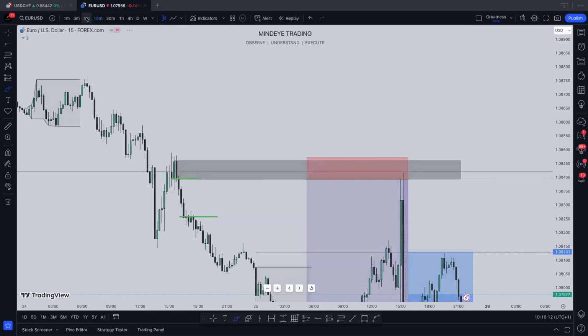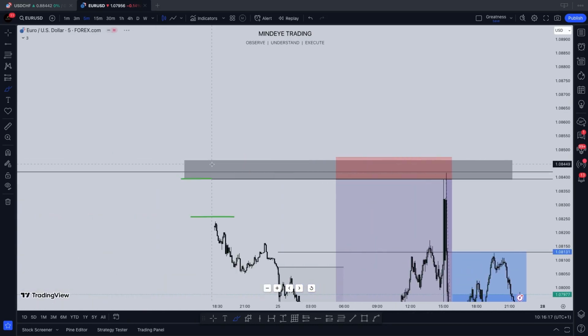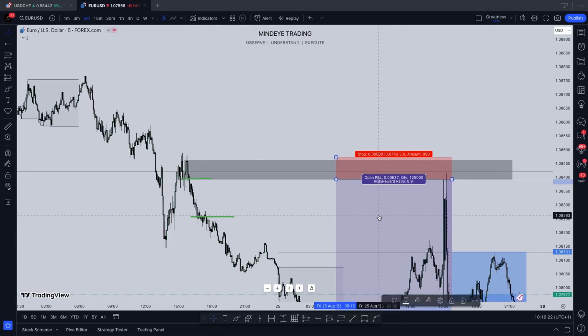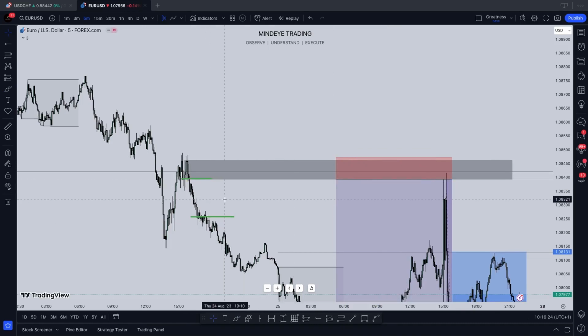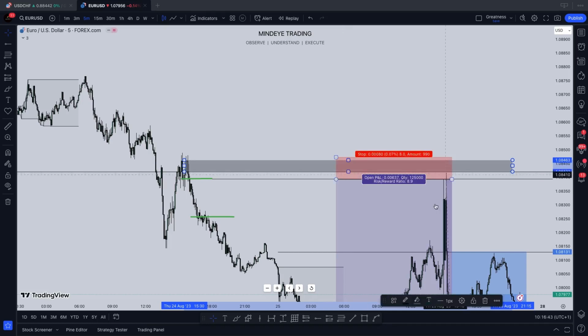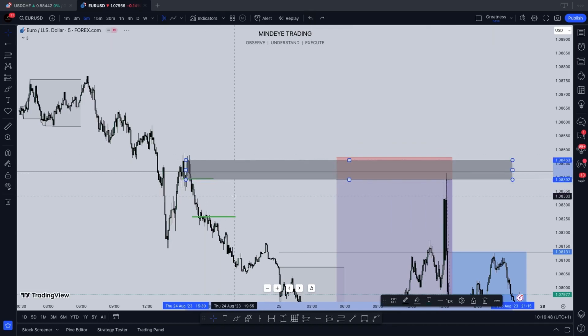If you go to a much lower time frame, which of course for this trade I did not go to, I was okay with what I got here. This is just about 8 pips stop loss, so very okay with 8 pips stop loss. There is no need for much refinement where you will end up losing or missing the trade at the end of the day, because if this trade was to be refined, you will end up getting somewhere here as your point of interest, and as you can see, you missed it by 0.1 pip. So I'm very okay with this area, and that was why the trade came from there.